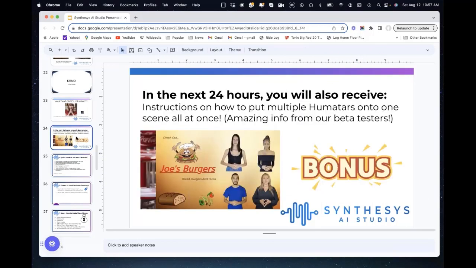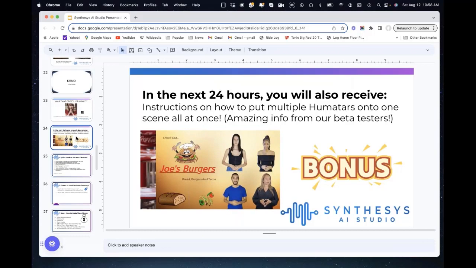Now, in the next 24 hours, you are going to receive instructions on how to put multiple humitars onto one scene all at once, because our beta testers discovered that. I'm a little off subject here, but those of you that were scratching your head and saying, I'd really like to put more than one on at one time, can that be done?